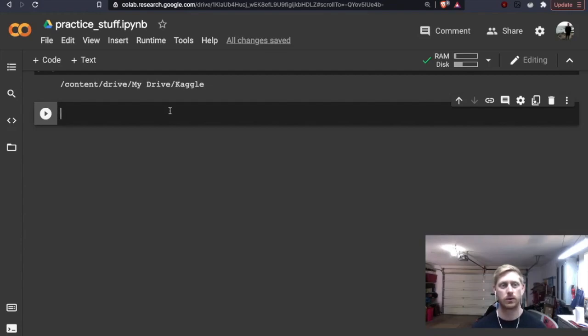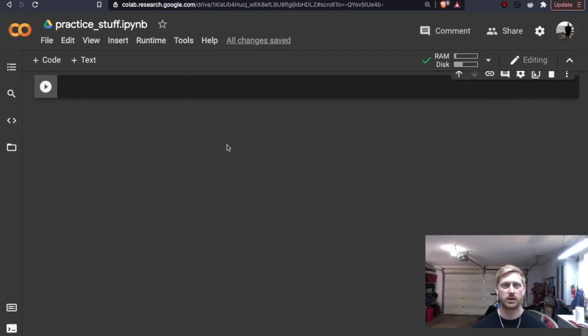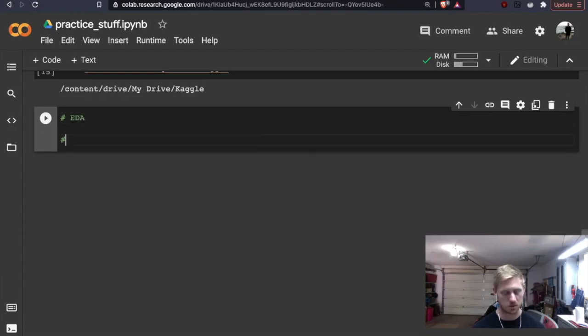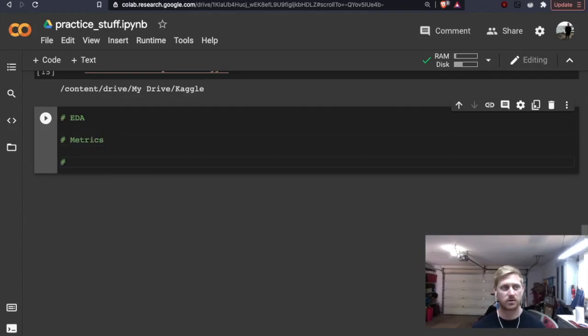So how do we want to start? What I've done is I've already logged on to Kaggle, and I've already converted to the proper directory that we need to load our dataset from. So let's treat this maybe like a real notebook. We'll have our EDA section, which stands for Exploratory Data Analysis. Let's go with the metrics. Let's go with the